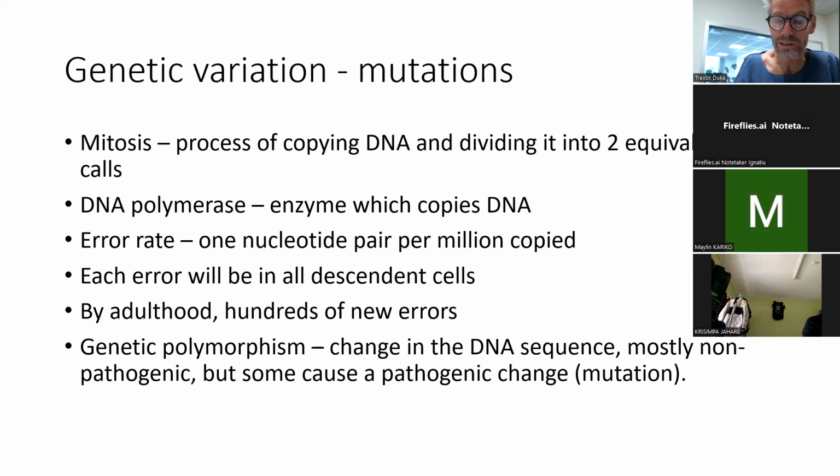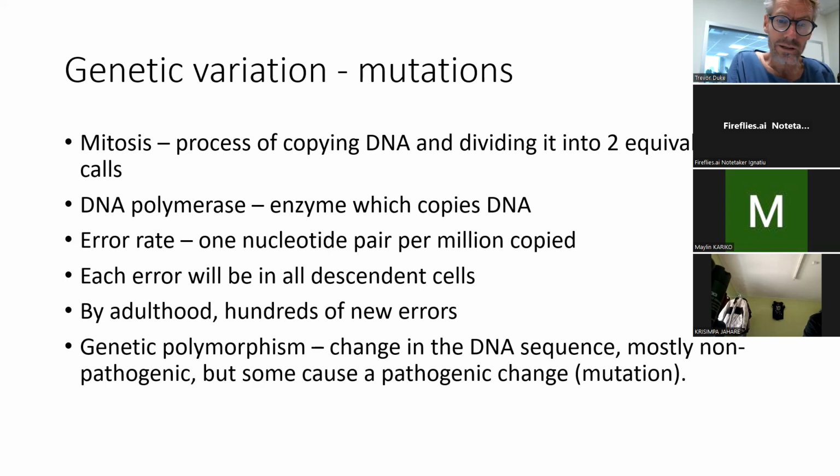That is the process of copying DNA and dividing it into two equivalent cells. When cells divide, there has to be a process of mitosis that provides an exact copy of the DNA from one cell to make two cells, and two cells to make four cells, and four cells to make 8 cells, etc. There is an enzyme called DNA polymerase that does this copying of the DNA in the process of mitosis, and the error rate of DNA polymerase in mitosis is about one nucleotide pair per million copied. It might seem very low, but actually by the time we reach adulthood, we've usually got hundreds of new errors that have occurred because of